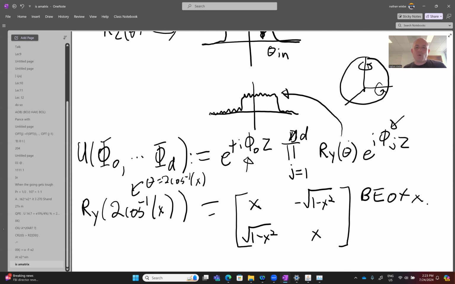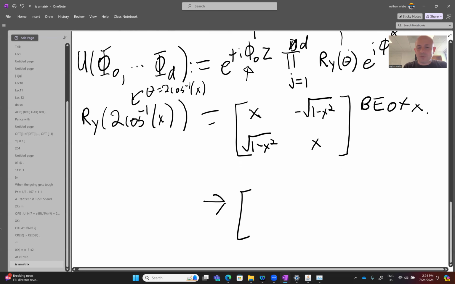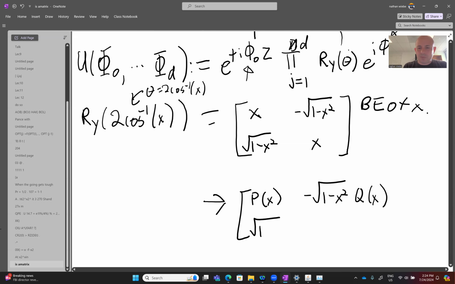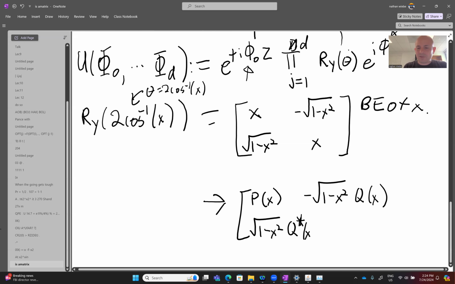But essentially, what this BB190 pulse sequence that people designed in the 70s was able to do is map this forward to p of x, minus square root 1 minus x squared q of x, square root 1 minus x squared q star of x, p star of x, for polynomials